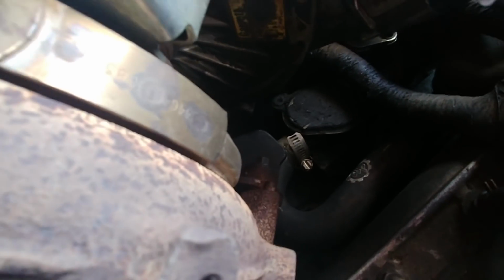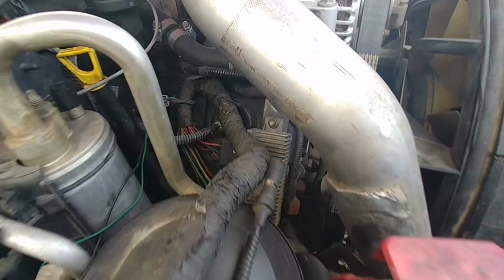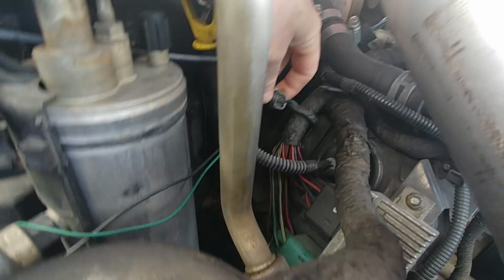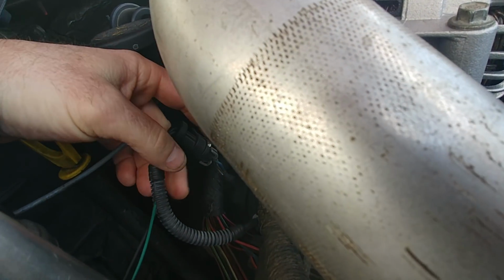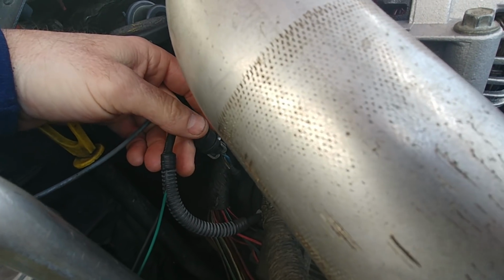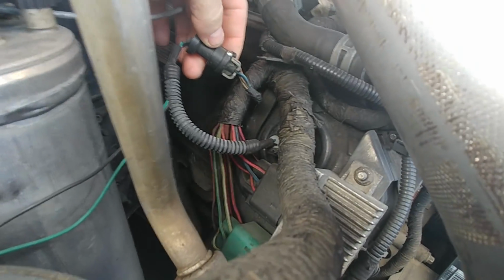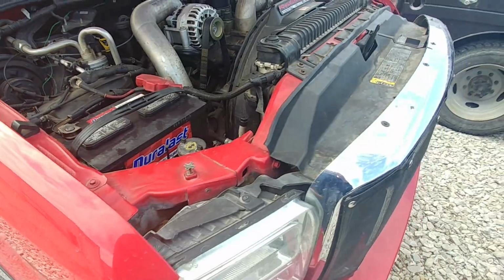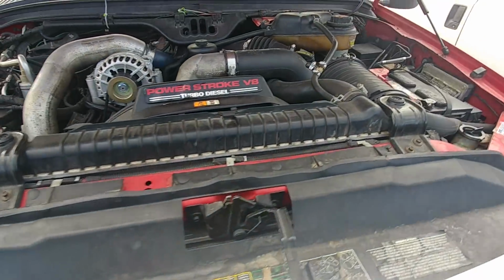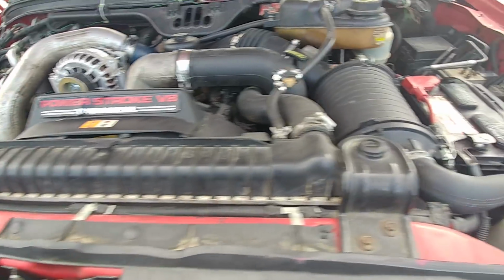I'm just using the phone. I guess I climb up there. I see a hose clamp. Hang on. Huh, not sure what this thing is. I guess that's his high pressure pump gauge. I don't know. They come out with so much new stuff, it's hard to keep track of what is what. Looks like a pigtail piggyback for the ICP sensor. I mean, I would assume it works. I've never seen that before, so I don't know if it's...